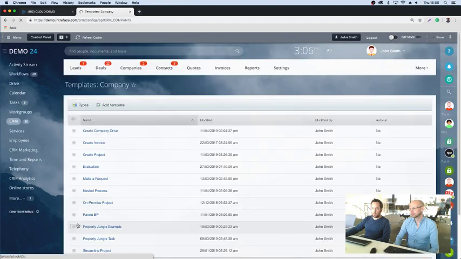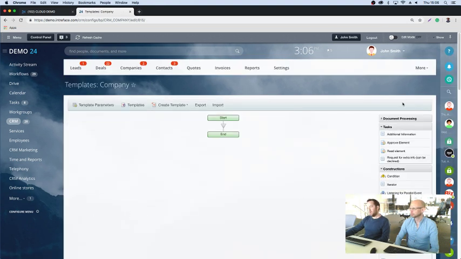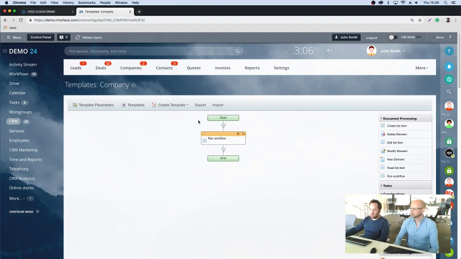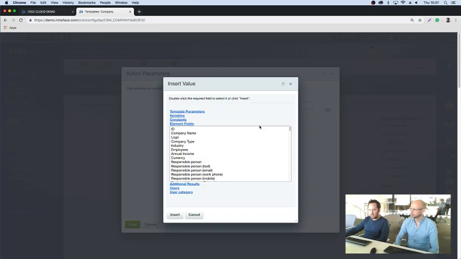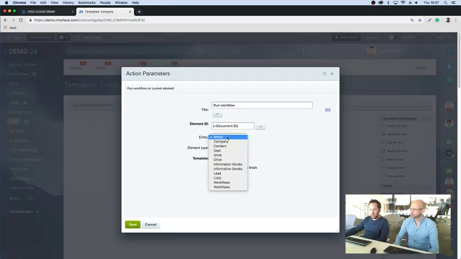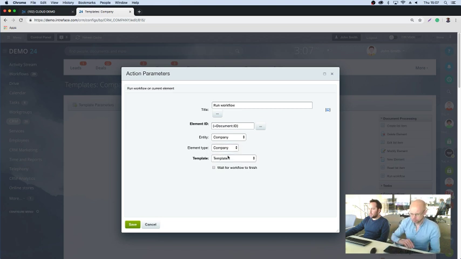So what I'm going to do now is go into the parent business process, and what you need to look at here is this action here, run workflow. So essentially what's going to happen, the business process is going to be triggered. It'll start at the start point and then automatically trigger this workflow. So if we click into this gear icon, and we're in a company, so if we just select ID and then company, and then company, and then we should be able to see the one that I've just created